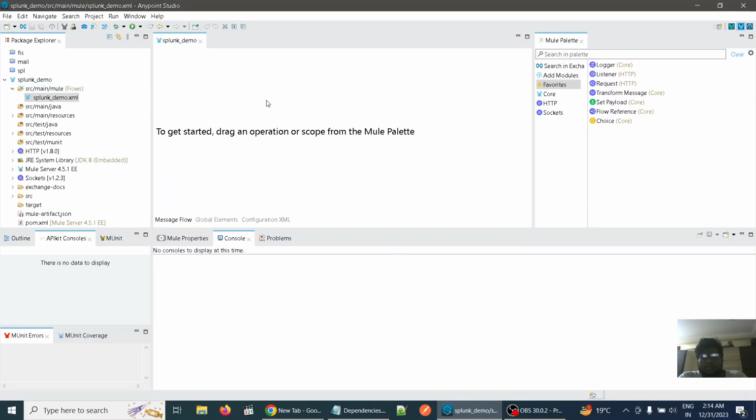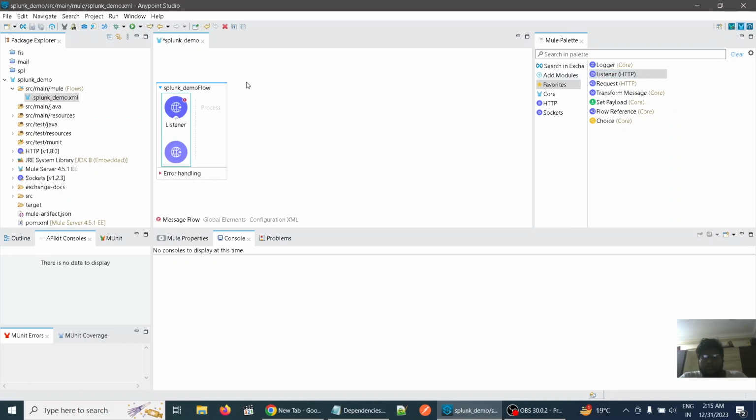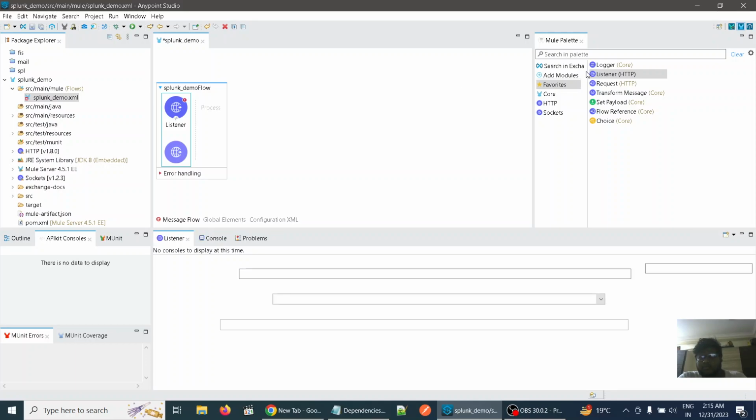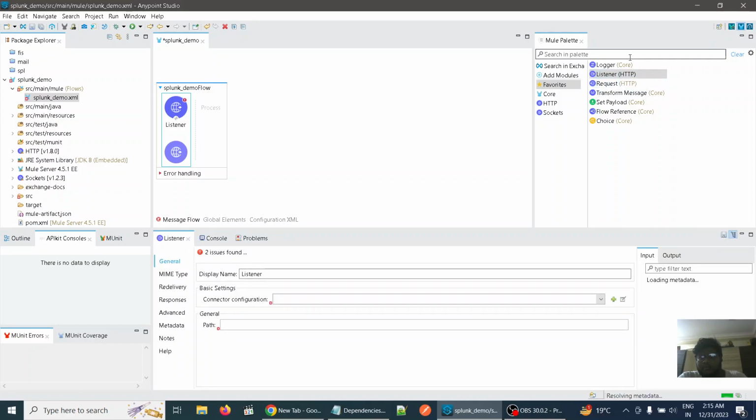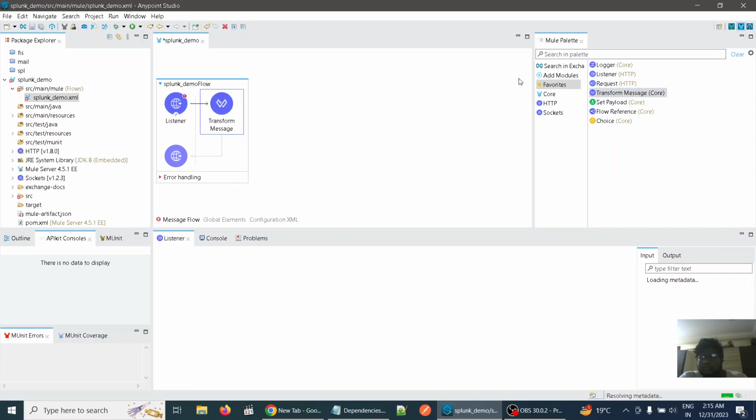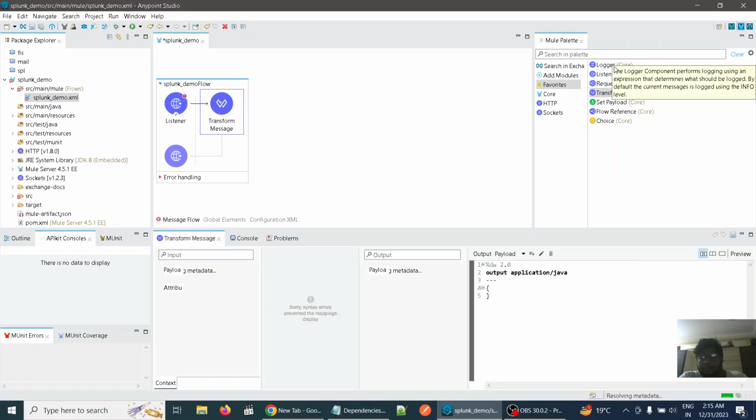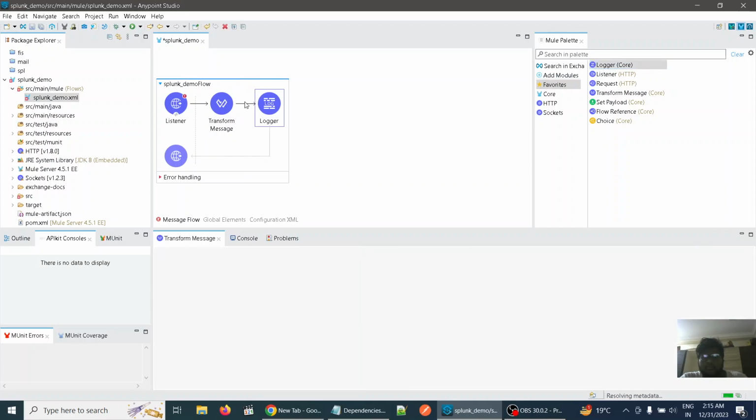So in this Mule project I would like to add one listener for listening to the trigger from Postman, and I would like to add one Transform Message just for the response, and a logger for logging the information. First I will configure this